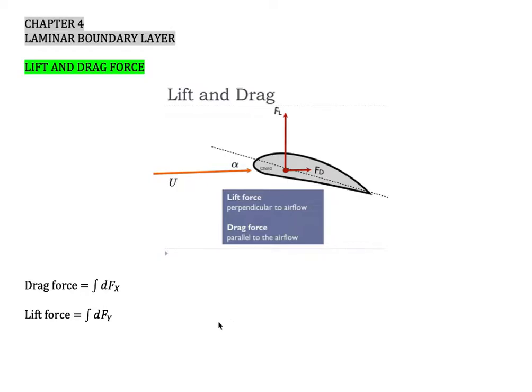After we get the velocity profile, we could calculate the pressure, and sometimes we could calculate the shear stress. In chapters 1 to 3, we neglected the idea of shear stress. That means we assumed that the flow is very smooth and does not give any resistance. But in reality, because of the existence of the velocity profile and so on, the resistance of the